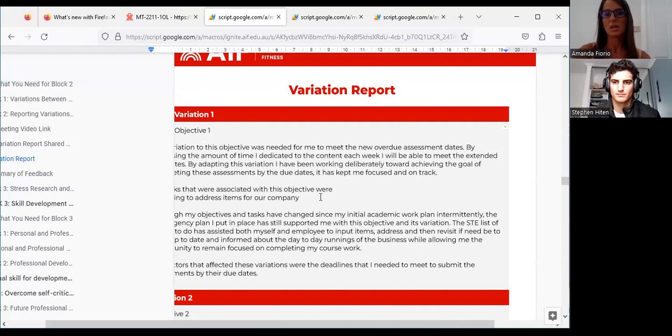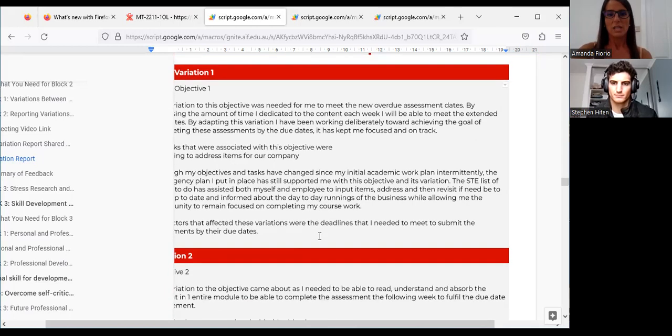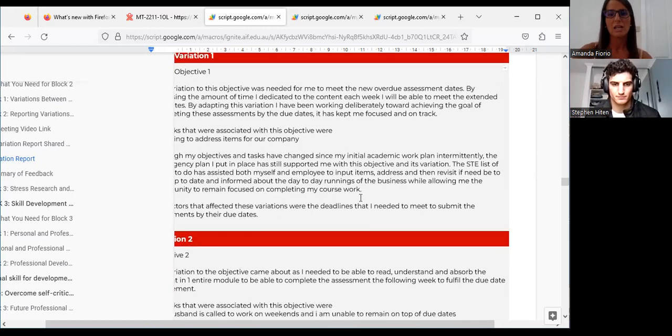Putting together a list of tasks that needed to be addressed for that, as opposed to what I needed to focus on with my course, allowed me to move through the course content really quickly without any distractions as to what needed to be completed for my personal business. The objectives and the tasks, as I mentioned, altered slightly. However, the contingencies still worked really well for the risks that were put together for the original plan.